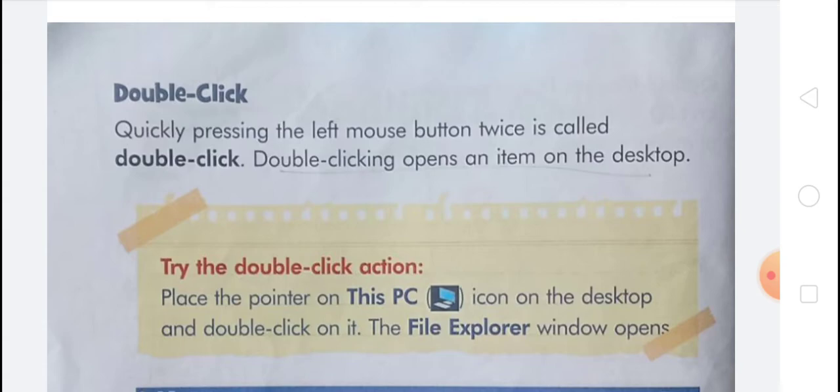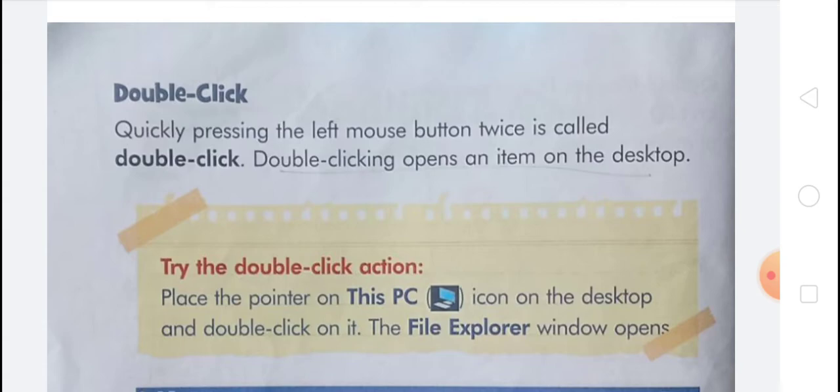Last day, we discussed how to handle a mouse and touchpad. In this topic, we learned what a computer mouse is. You know that a mouse is a main part of a computer, and a computer has four main parts: monitor, CPU, keyboard and mouse. All these parts are connected by wires. Let us learn about these parts one by one.